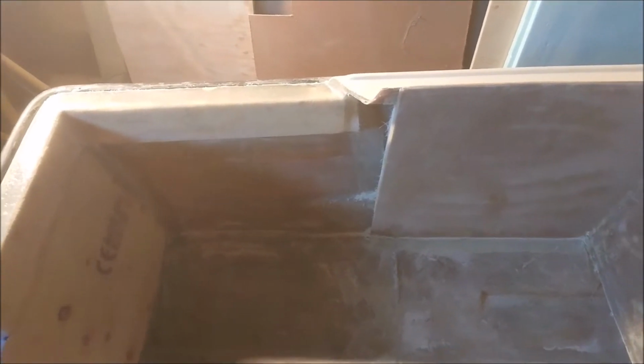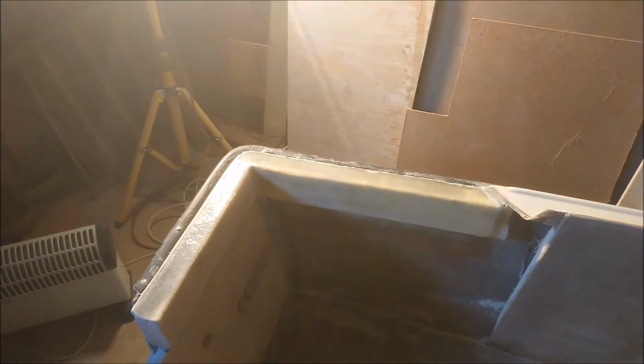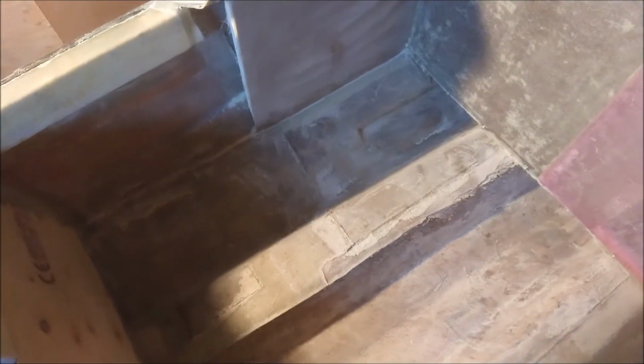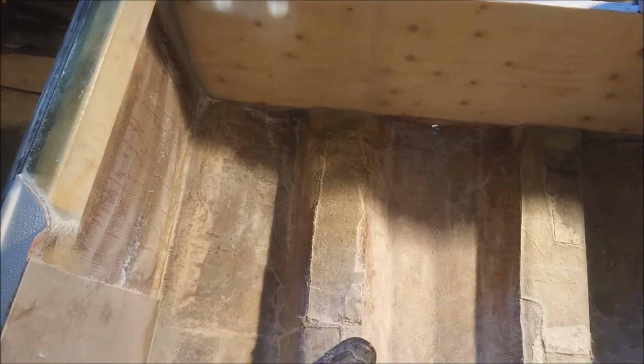And I don't think I shall paint it this year. I think I will wait till next year with that project. But maybe if I have time and energy, I will start building the floor, and that would be made of